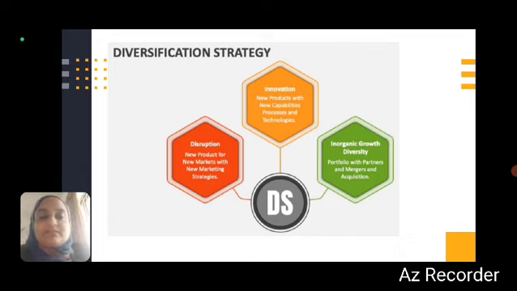Then disruption is a new product that is entering into the market. For example, the Pediasure, that is also a health drink. When it is entering, it is foreign based, and when it enters the Indian market, it is disruption that is happening. What strategy do they have to follow to sell their product when they have competitive products like Horlicks, Complan,